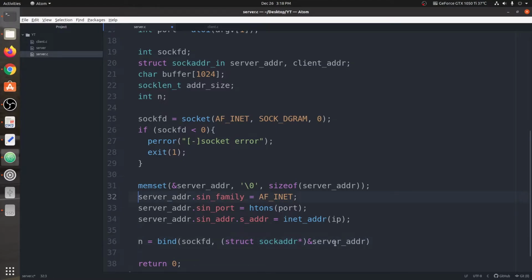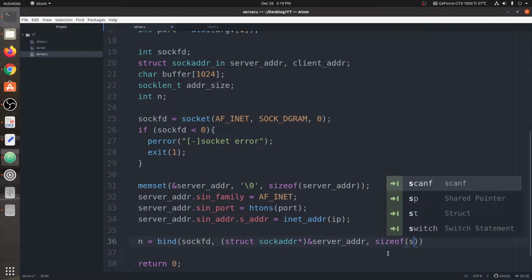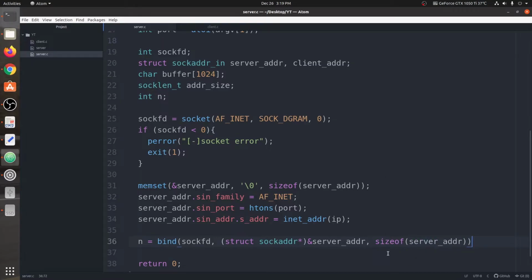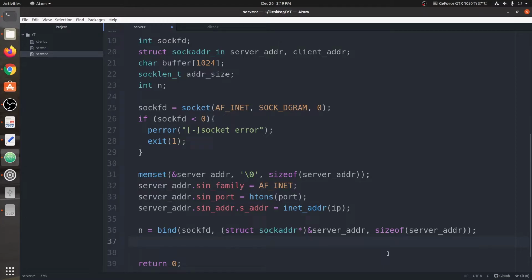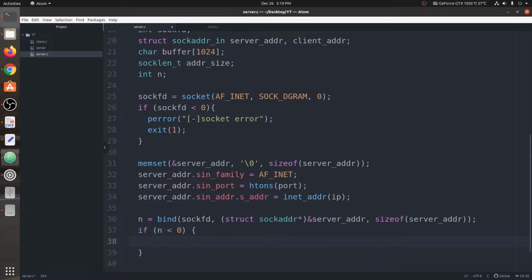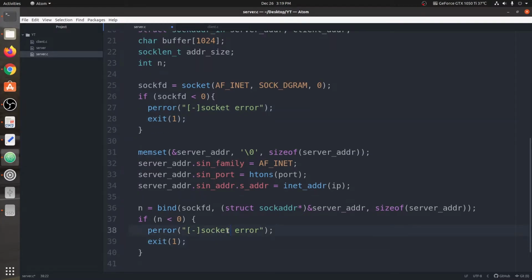As you can see, this structure is same, and inside the structure we fill all the required values. Okay, now after that, where's my cursor? Here. Okay, the size of server_addr. Now we're going to check for any error. If n is less than 0, then we're going to print some message, and this time it is going to be bind error. Okay, so we have bind error.